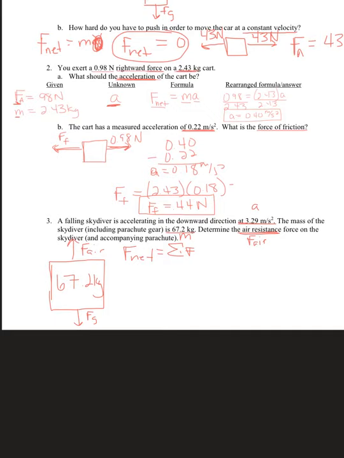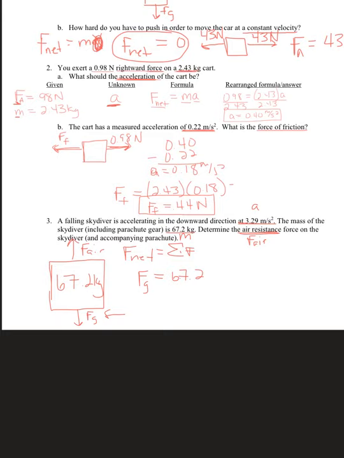Well, we can find our force of gravity because we've been given the acceleration in the downward direction and the mass. So let's go ahead and find our actual measured force of gravity. So F of G is equal to the mass, which is 67.2, times